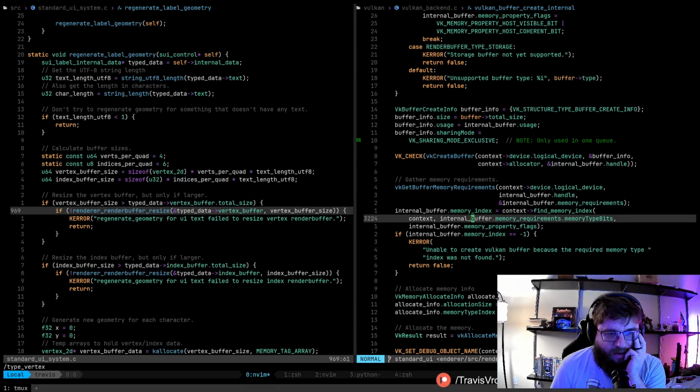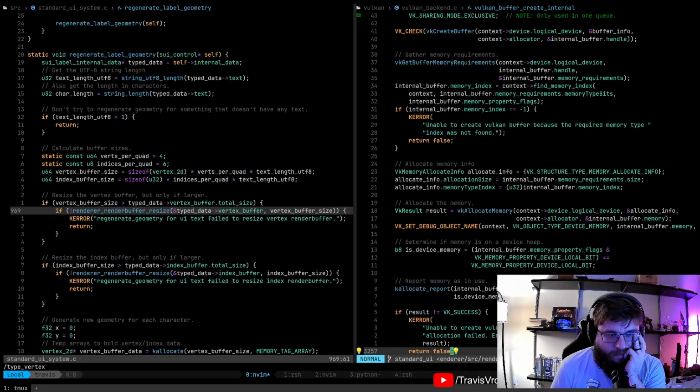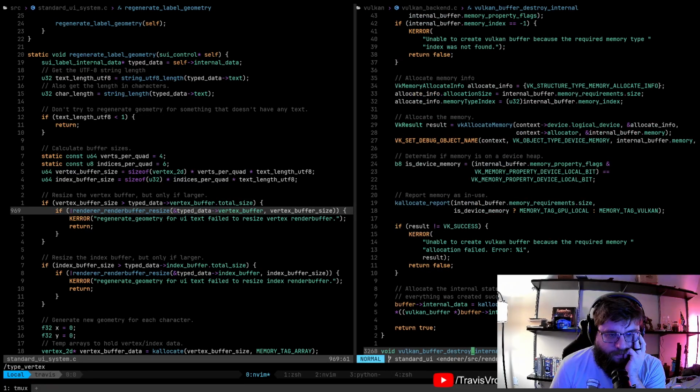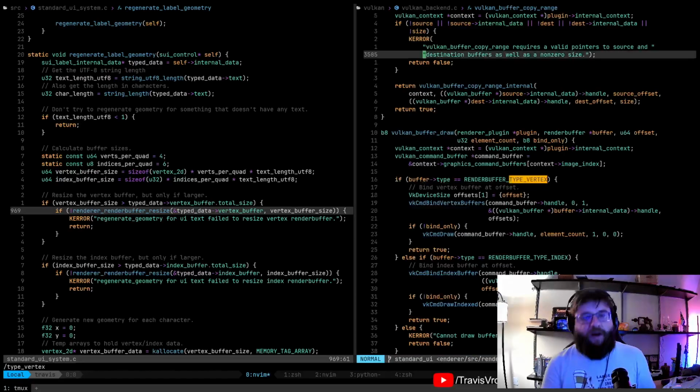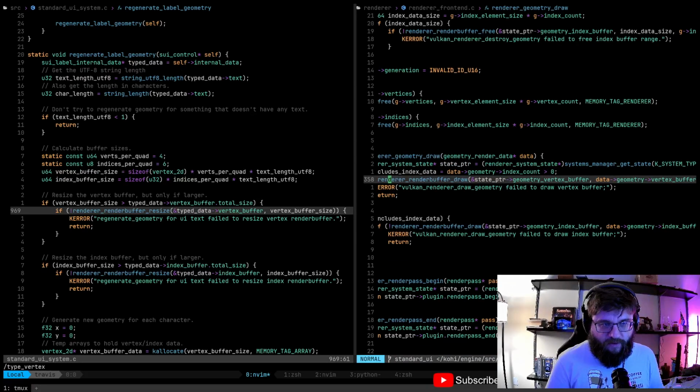Okay, I was thinking that the individual element size was going to matter, but it doesn't look like it does. Okay, all right. So my worries are for naught for that.